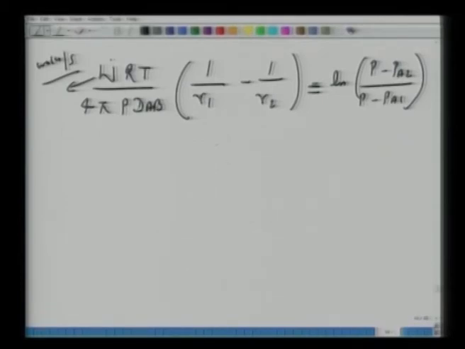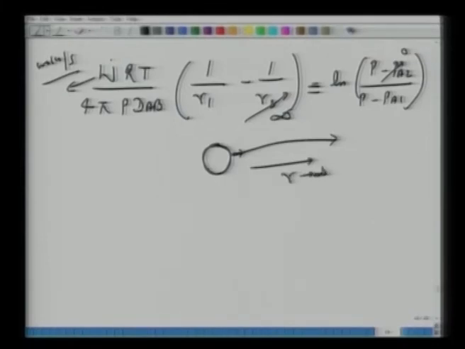We can assume that the size of the sphere is very small, and when the naphthalene evaporates, it goes to a very long distance, which means we can assume R2 tends to infinity, P_A2 is 0 at a very far distance, as R tends to infinity the concentration here is 0. P_A1 is decided by the vapor pressure or sublimation pressure at that temperature. Now we have our expression for steady state W dot, which is a function of R.